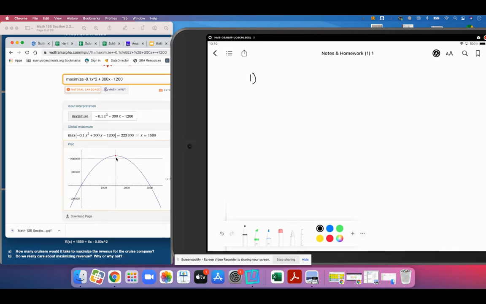You'll see that this red point right here is at the very, very tippy top. Now let's follow this graph as we produce units here, okay? So if we produce 0 units, obviously we're not going to make any profit because, well, you're not selling it. Or if we sell 0 units, we're not going to make any profit. So as we start producing and selling things, we start to make profit. We are happy. We are happier, happier, happiest. This is where we need to stop, because if we keep producing units, we become sadder and sadder